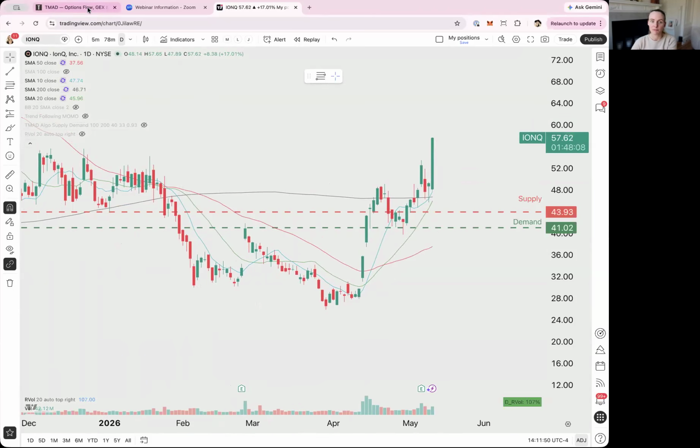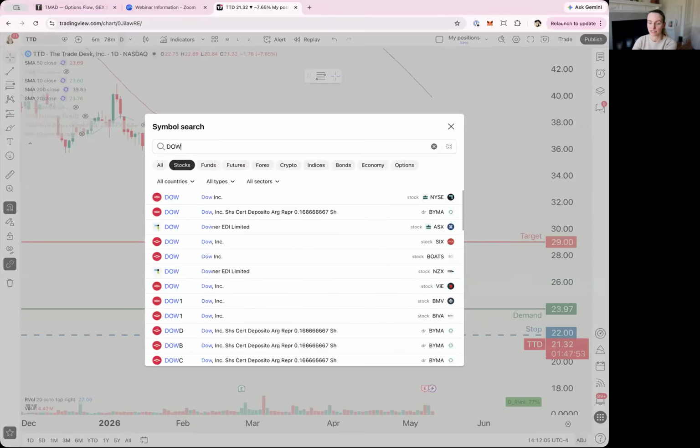So I prefer to trade things that are in uptrend, and I sometimes buy things that are in downtrend just for a longer term, but remember, reversals take forever. Why? Because you have too much supply, right? Like if you have TTD or any of those, like DOW,